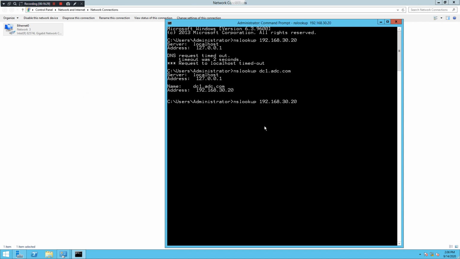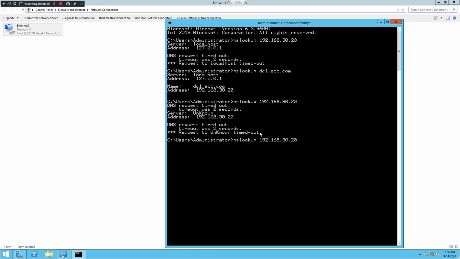First I will go with the IP address. Okay, so now if you check here, before I typed 30.20, it was showing localhost, and now it is showing DNS request timed out, and the address is 30.20, and still the request is not resolved. So if I use the domain name, DC1 is my local machine name and adc.com is my domain name.